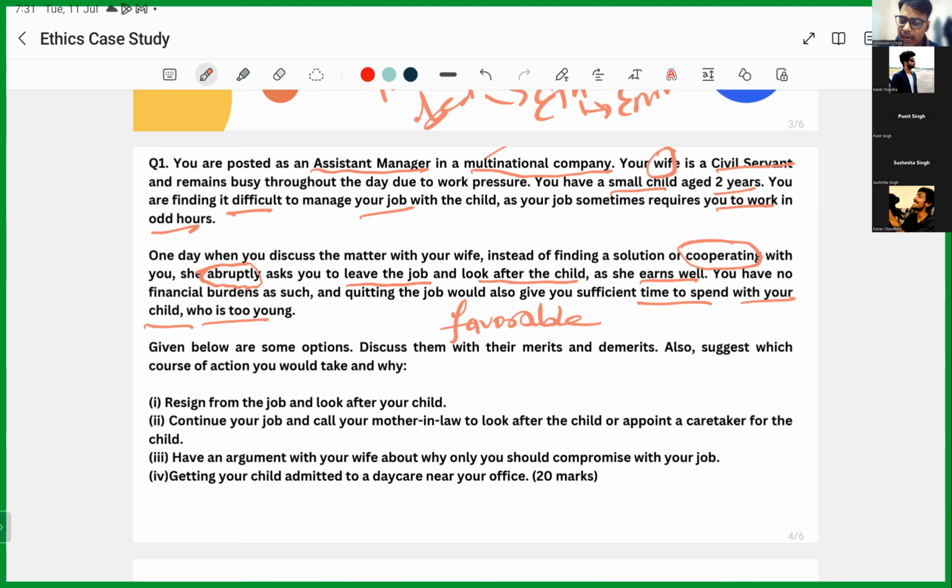When I read that I have to resign from the job, first thing, whether parenting is the responsibility of one, can a father replace a mother? Suppose I say, okay, she is a civil servant. Fine. I do not have any financial burdens, so I can leave my job. I'll be happy, I will be there. So let's say married, I'm supporting women empowerment. Don't you think women empowerment is an ethical word? Certainly. You are killing a psyche